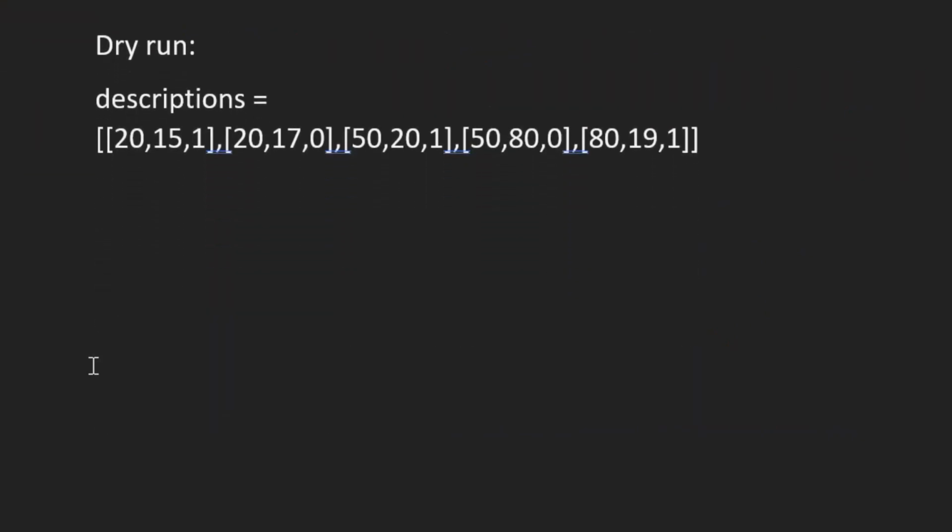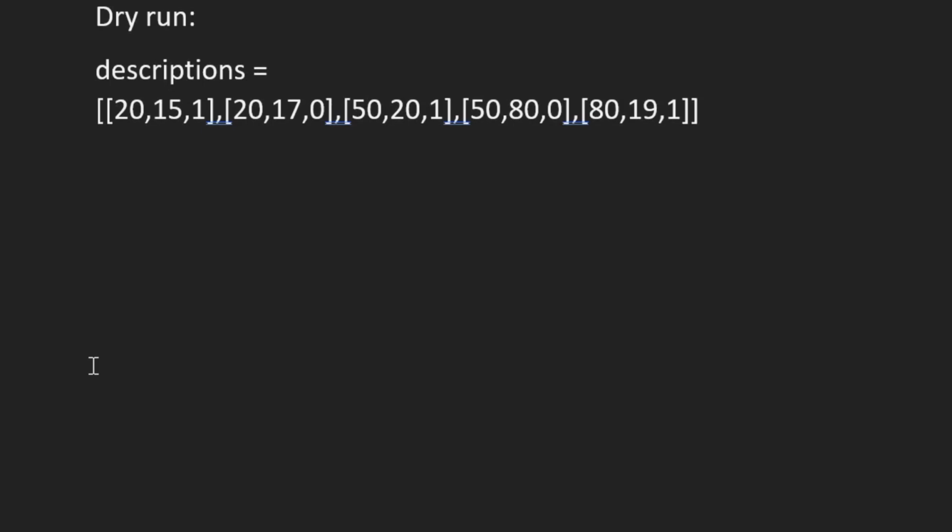Let's try to understand this with the help of an example. We have taken this as the example. First we have 20, 15, 1. We check, do we have nodes created for 20 and 15? No. So in the map we create a node for 20 and a node for 15.